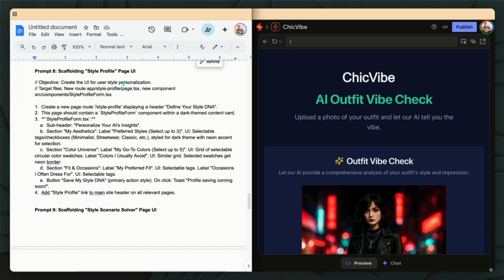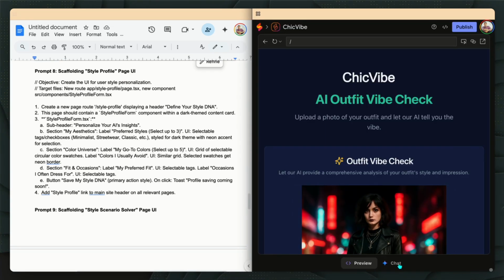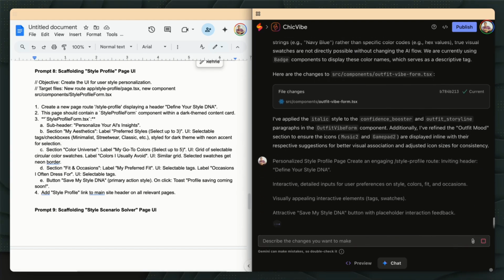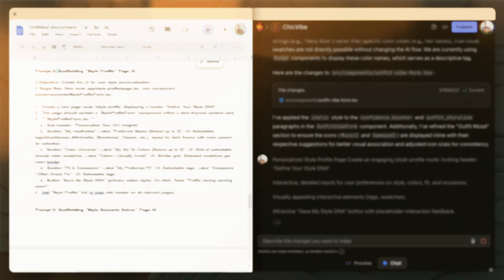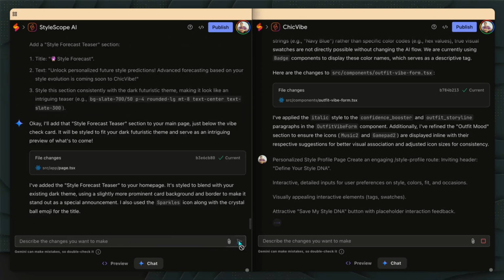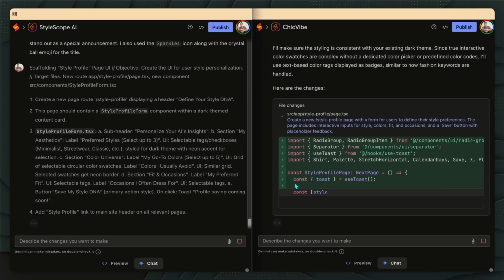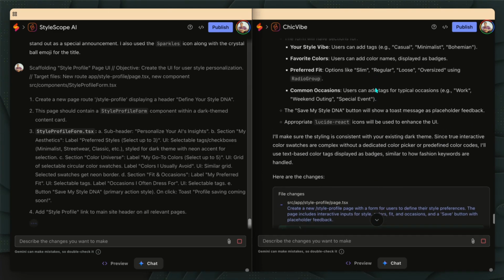And that's prompt 7, turning raw AI data into a user-friendly, stylish experience. All right, let's move on to prompt 8, where we scaffold the personalized style profile page. This page is all about letting users define their style DNA, their favorite colors, styles, fits, and occasions they care about. We start by creating a new route,